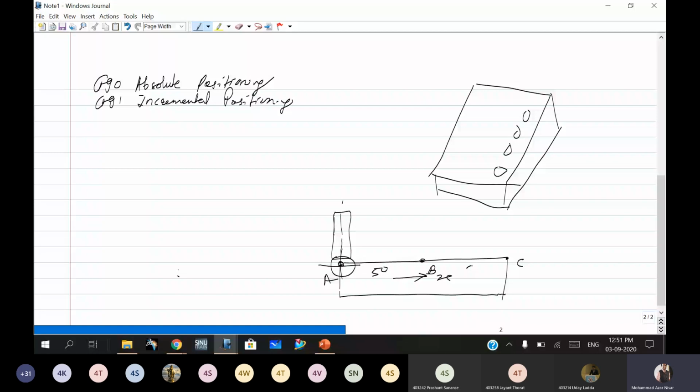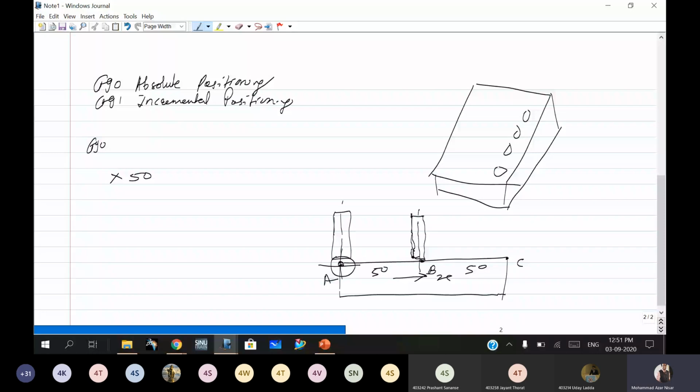You have to move. So first, if I use this G90 code, then for X movement, moving from A to B, I will use X equal to 50. Okay. Then my tool will move in this direction. This is my second position.